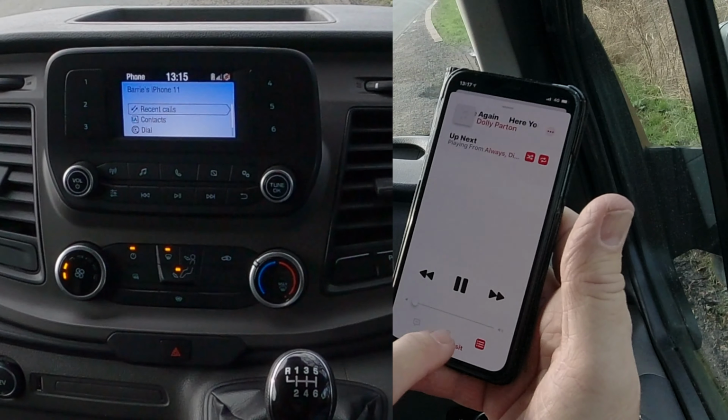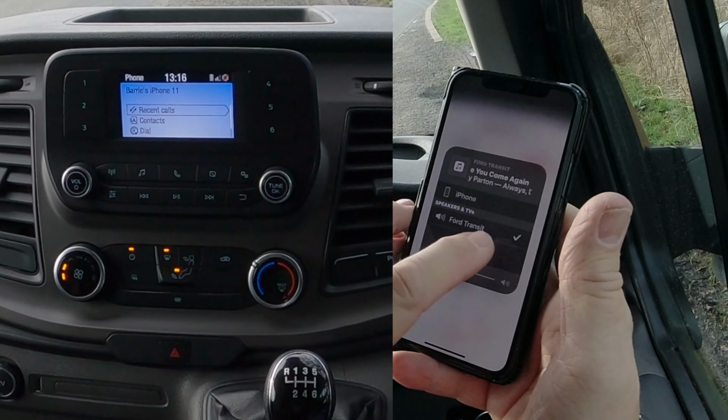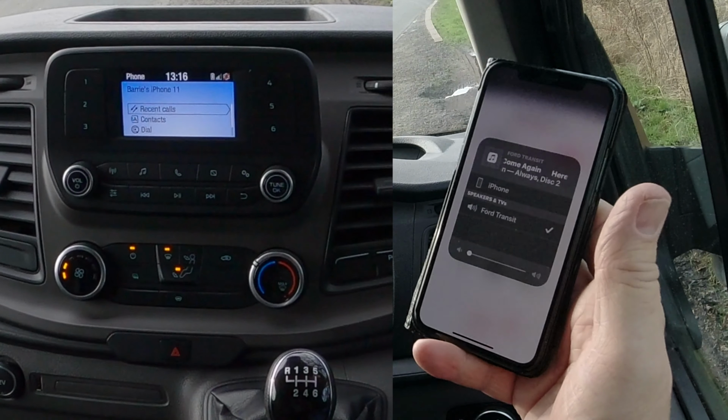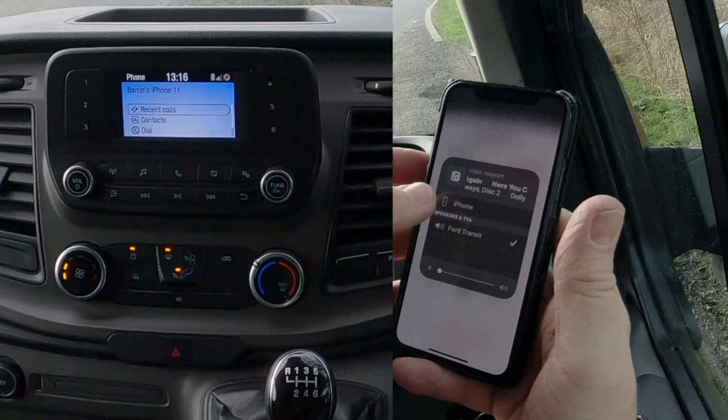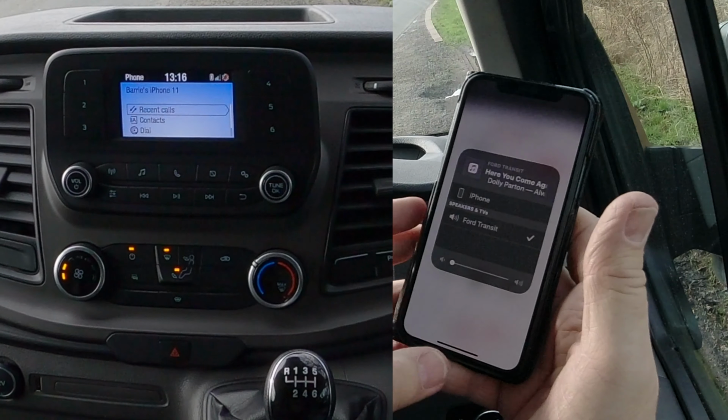If you don't see Ford Transit there for any reason, just click on it and make sure it's showing up in the screen. If it's not, go back and make sure Bluetooth is ticked. If iPhone's on, all you have to do is just tick that. Right, so